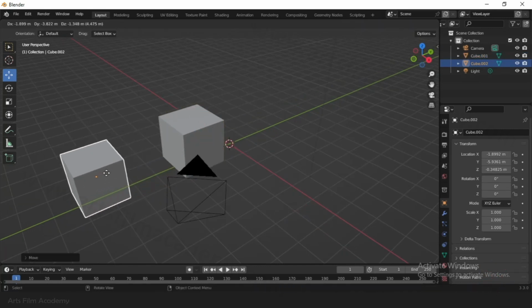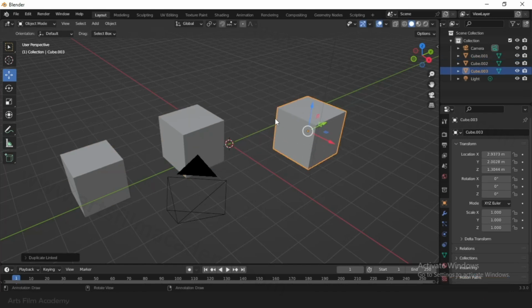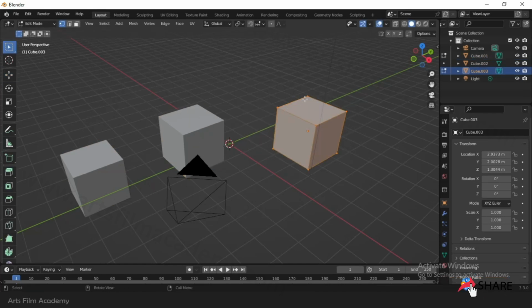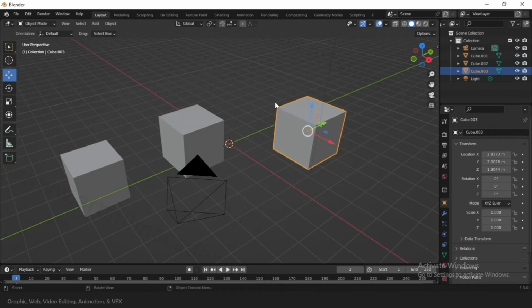So one is Shift D and another one is Alt D. I'll just position D randomly. Now if you go, there is a relation. I'm just cross checking everything so that you will understand. Now where to find